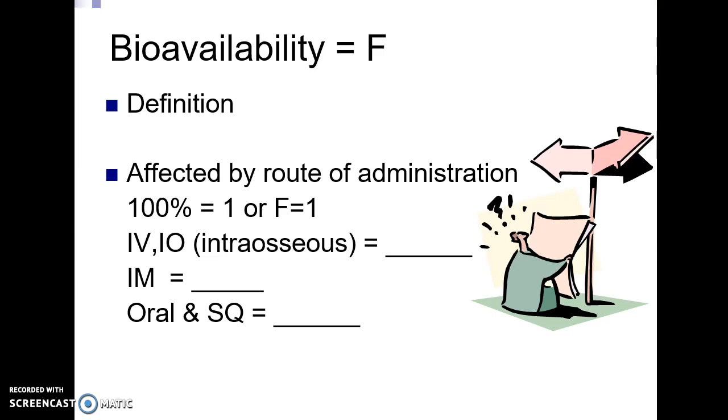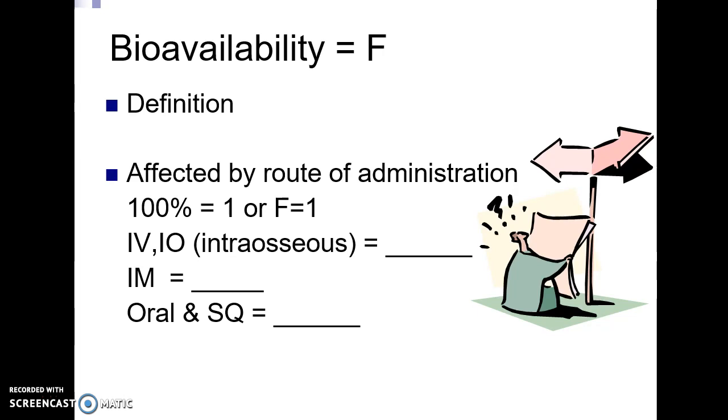Bioavailability is abbreviated, if you will, or noted as the capital letter F. And we say that a particular drug given in a particular manner of administration could have an F of 1 or less. 1 is 100%. So if our definition of absorption and really bioavailability is how much gets into the bloodstream,